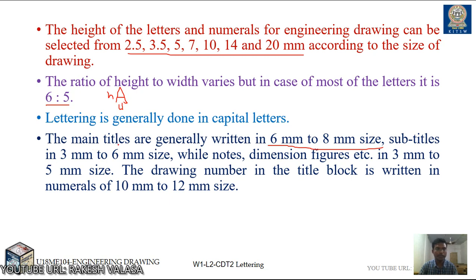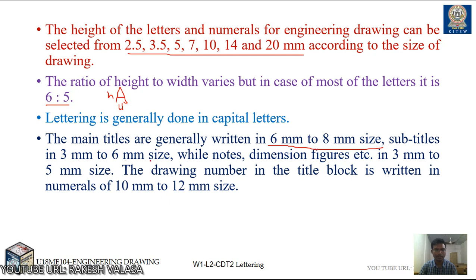We need to print titles. That means geometrical constructions, projection of points, projection of lines 1, projection of lines 2, projection of planes, section of solids, projection of solids, orthographic, isometric. Any title is generally between 6 mm to 8 mm in size. Subtitles